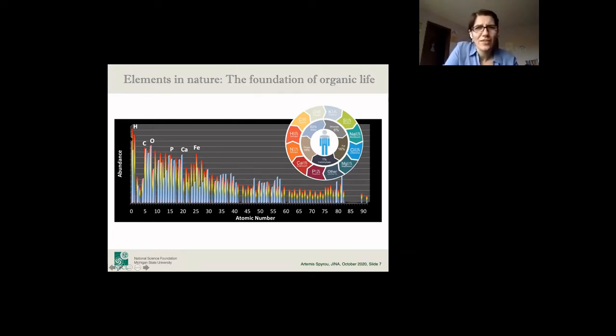We have a lot of hydrogen. It's right here. The helium is a strange thing. We have no helium, even though there's plenty out there, but we don't have it. But then you see there's a lot of carbon and oxygen, and we use a lot of that, obviously. There's a lot in this region, the phosphorus and the calcium and so on. And there's even a peak around iron.